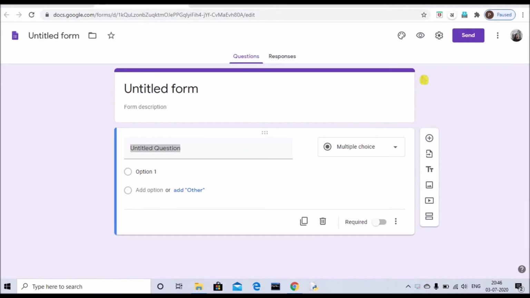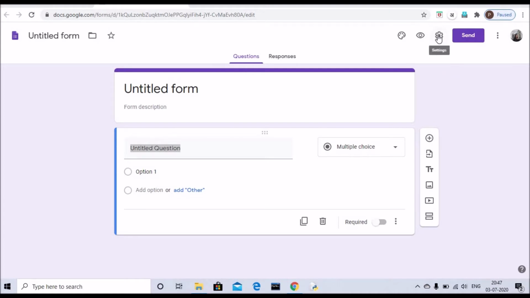Okay, so let's get started. Now, before I start telling you how to add questions in your test, let me tell you another thing: Google has come up with a new feature wherein you can make Google quizzes where you can add marks for the questions. For objective type questions, if you add the answers in the answer key, your answers will automatically be checked by Google and marks will be given. So when you are doing an assessment where you want the students to be assessed on the basis of marks also, then you should go for this new feature. Else you just open the form and start creating it the same way.